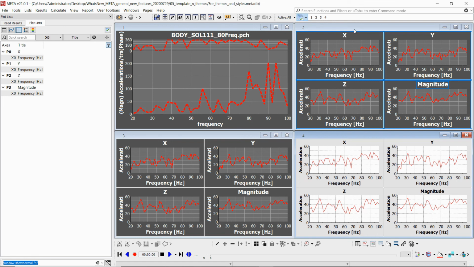So depending on the case, we may choose to either just save appearance preferences using the themes, or we may choose to also save actual settings of our plots and reapply them later to other windows or models. These themes and window and plot styles may be exported in JSON format and then imported back in another model or project. This brings us to an end regarding new features in the area of 2D plots.